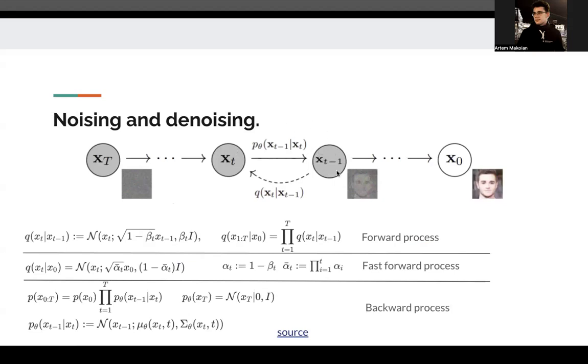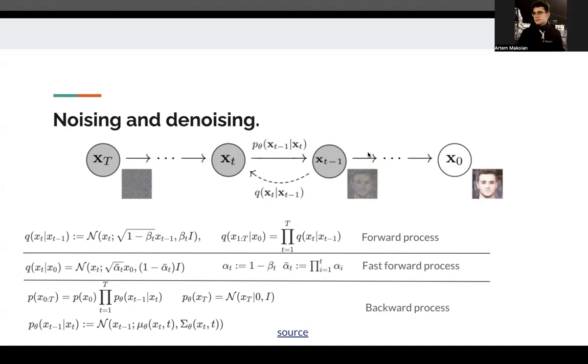And when we said that the variance is fixed, a constant, we can say that we simply predict the mean of the distribution, we predict the previous image. So we avoided complex distributions in the loss and so on. And now let's predict not the previous image, but the noise that our previous image was